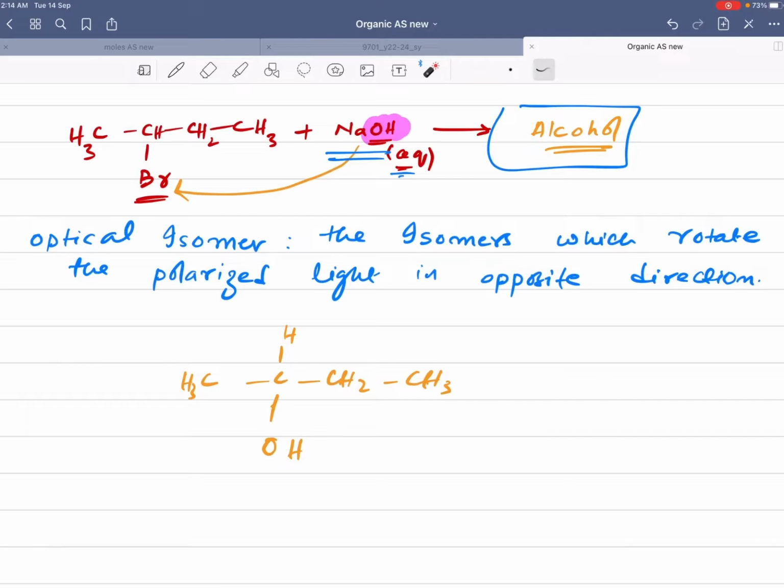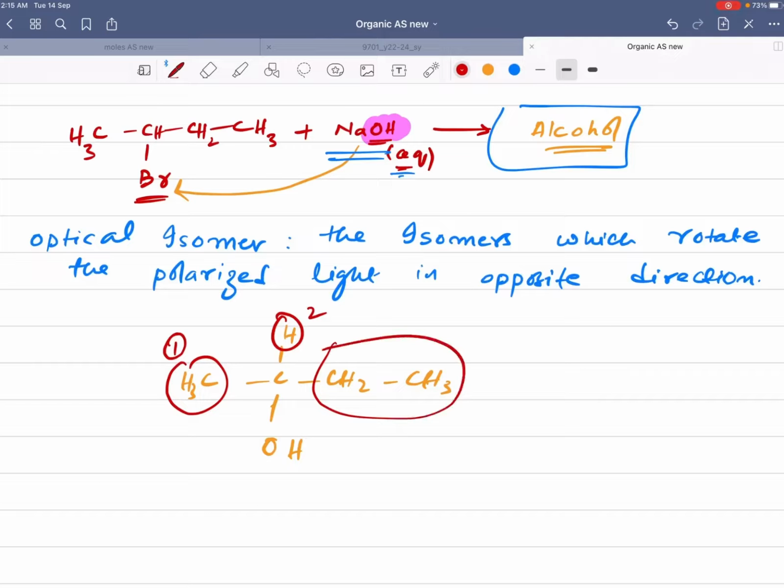Which has no plane of symmetry. So this carbon is attached to 4 different groups. Any organic compound which has at least one chiral carbon would have optical isomers, right? So we can see that this has this CH3 group attached, one, then we have this hydrogen,